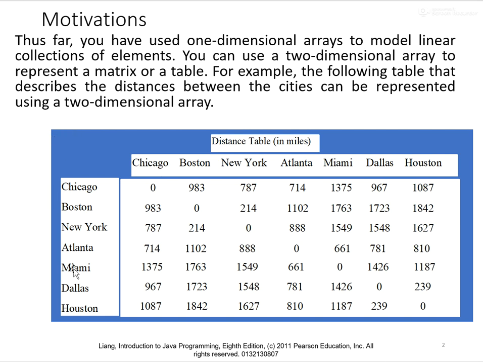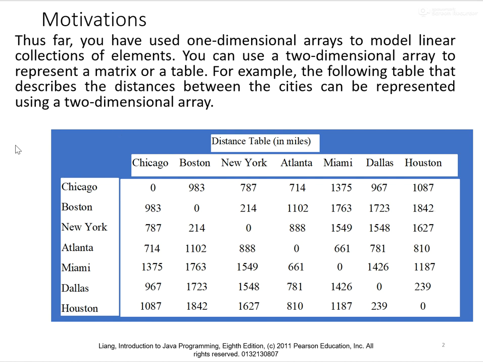So this is an example. This is something called a distance table, which tells us the distance between 2 points, 2 places on a map. Let's say we have a couple of places. We have these US cities: Chicago, Boston, New York, Atlanta, Miami, Dallas, and Houston. And we're interested in storing, or want to tabulate, the distance in miles from any one of these cities to any other city. So one way to do that is by keeping that information in the form of a table